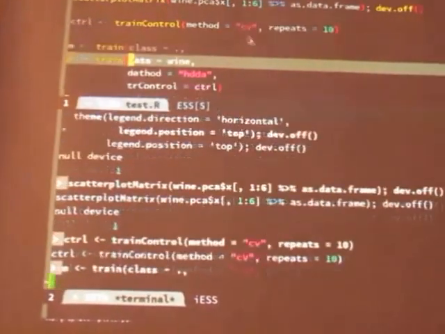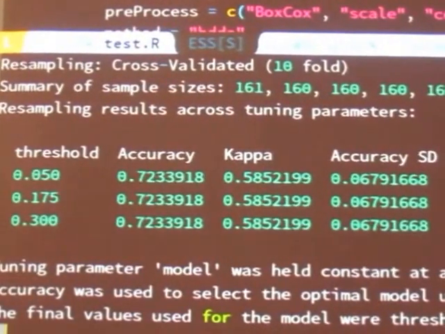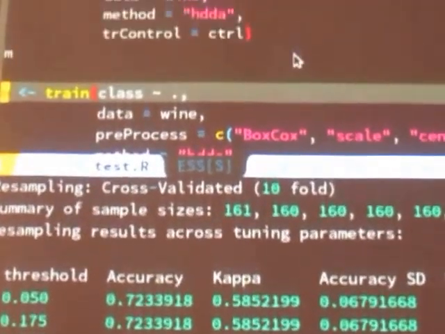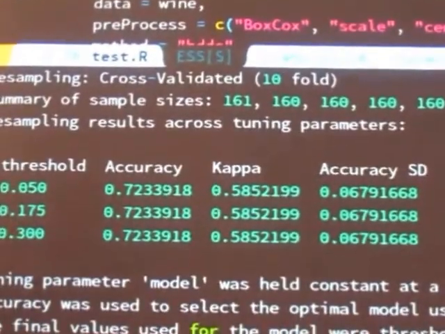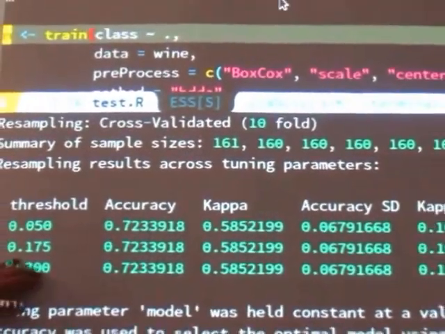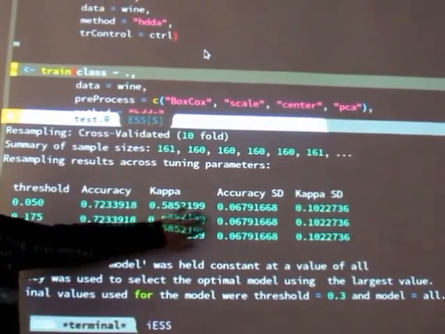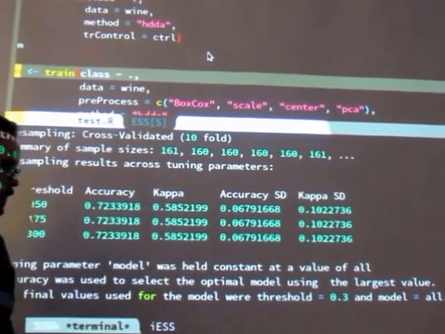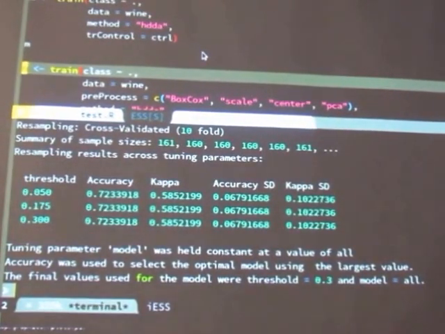So let's train some models. First, without using principal component analysis. So I just trained a linear discriminant analysis model that tries to predict what wine you're looking at given your 14 variables. And it's 72% accurate with a standard deviation in accuracy of about 6%, which is pretty good, but let's try with